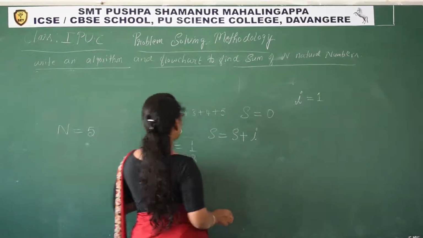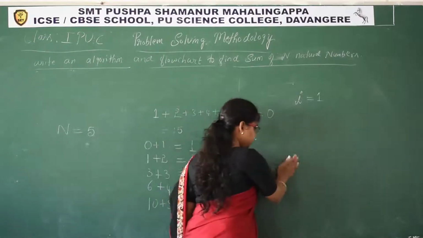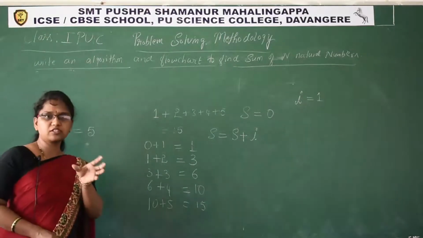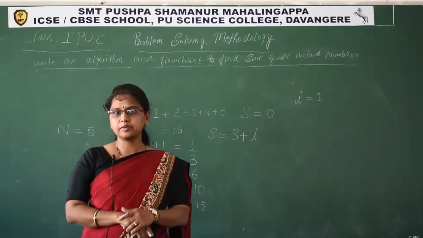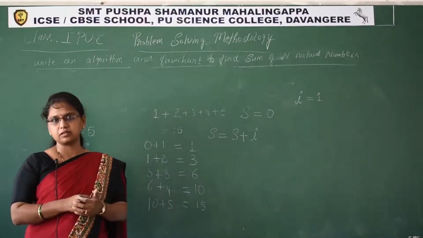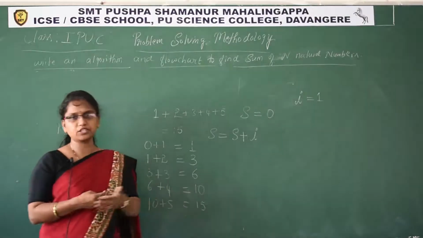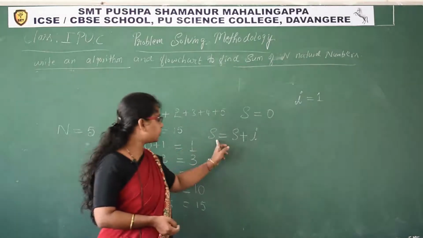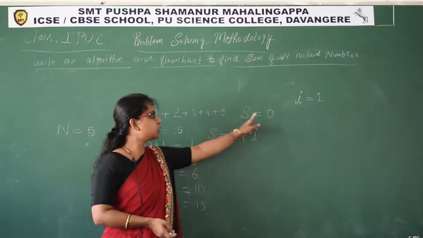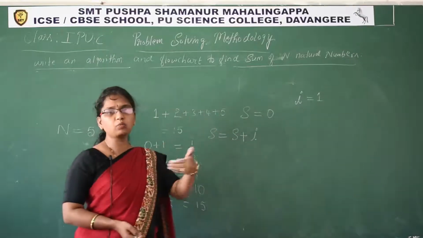Now every time I has to be incremented by 1. And for example, there is one construct, one statement. Its job is to execute some statements repeatedly until it reaches the condition, or until the condition becomes false. Here, look, I have taken s is equal to s plus I. Here s is an initial value, 0 stored. I is 1, because it has to move from 1 to 5.